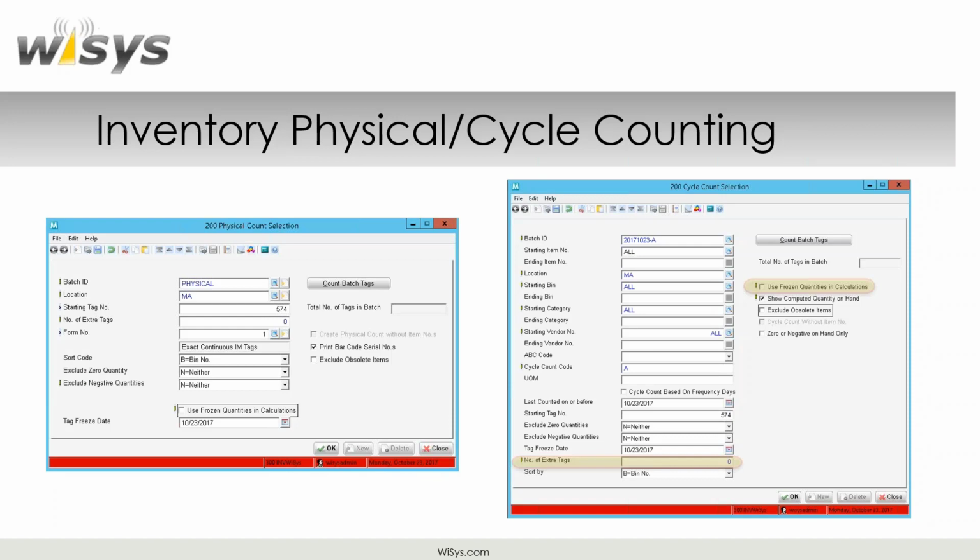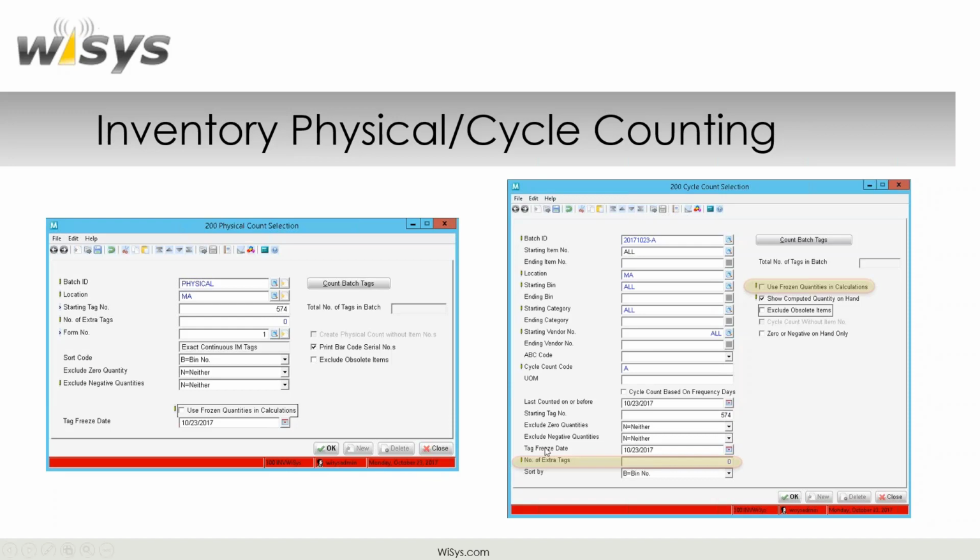So you have to work with your McCollough or your reseller, or we certainly can help you determine what is the best way for you to do your cycle count and what fits your company. But within that, you're going to use McCollough to create your cycle count batches. You will come through here and then decide